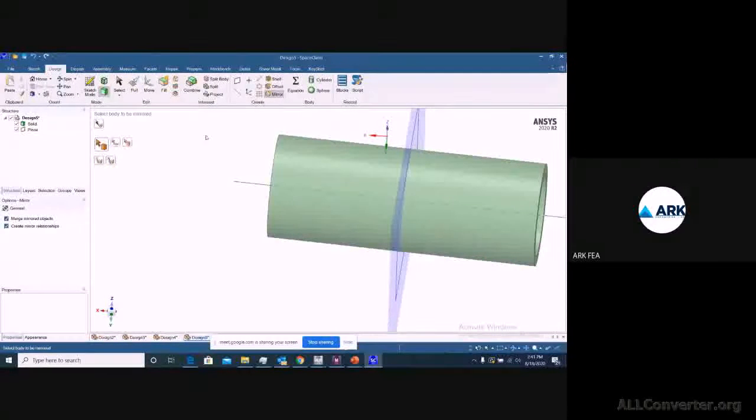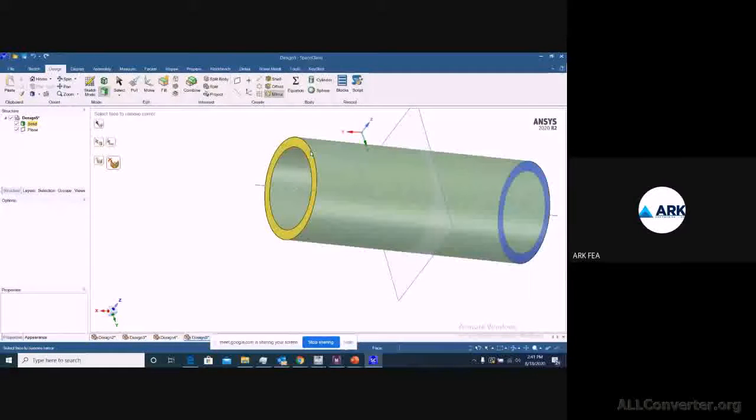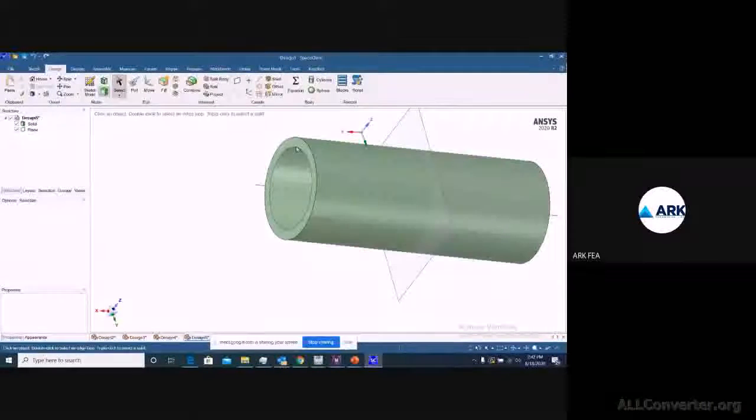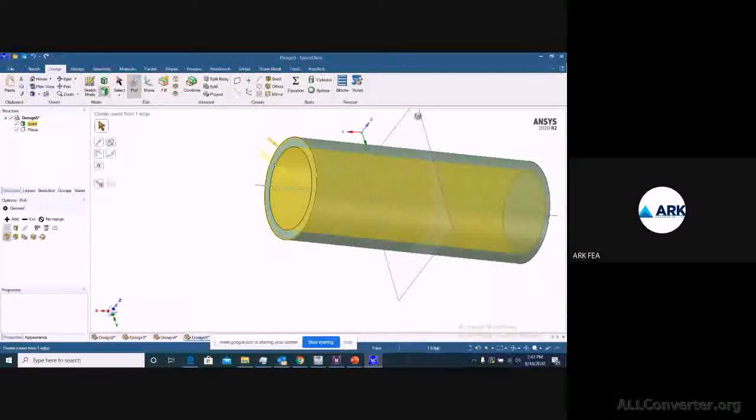But in case you don't want to see the mirror reflection happening to the next object, then you can click on this remove mirror. So now whatever changes you make here should not reflect to the next one. Just come out of the command, select the edge, or add a certain feature.